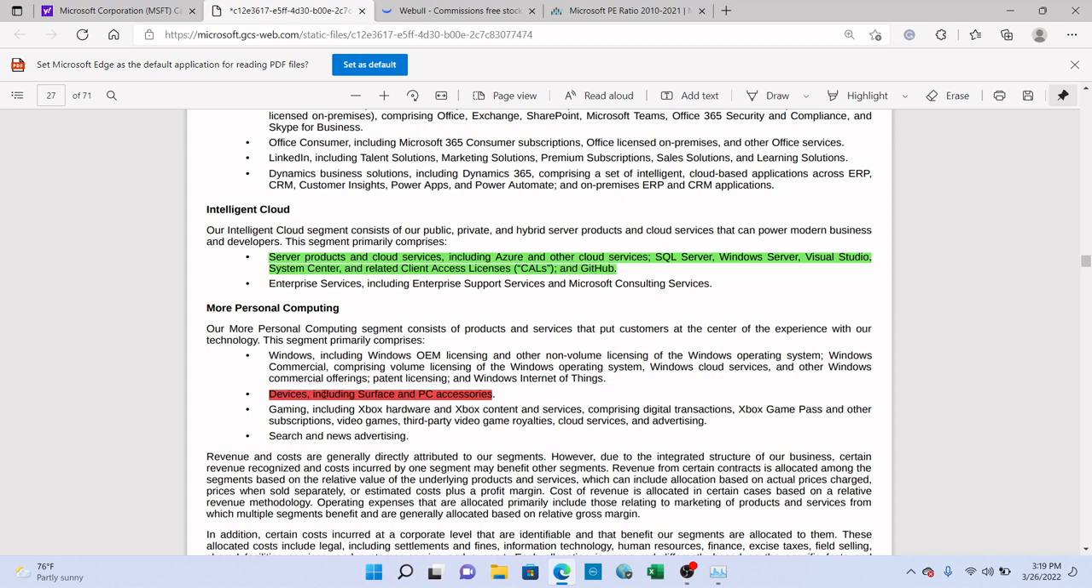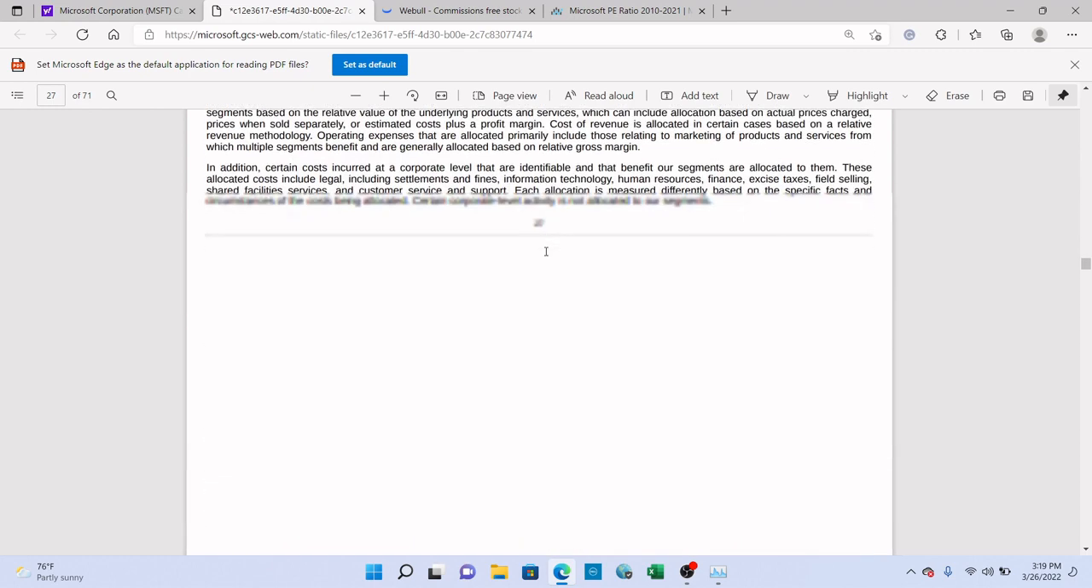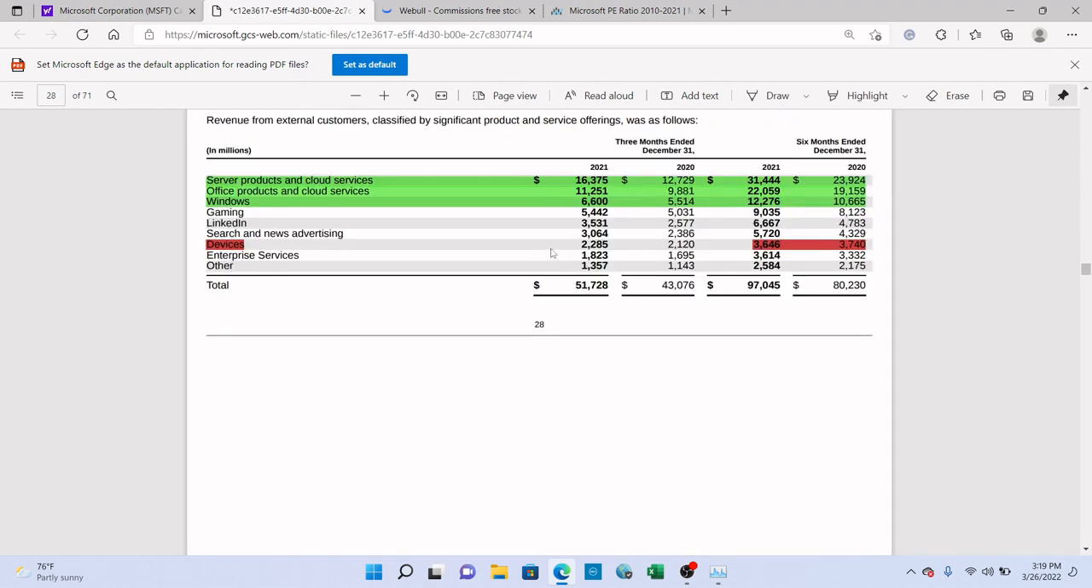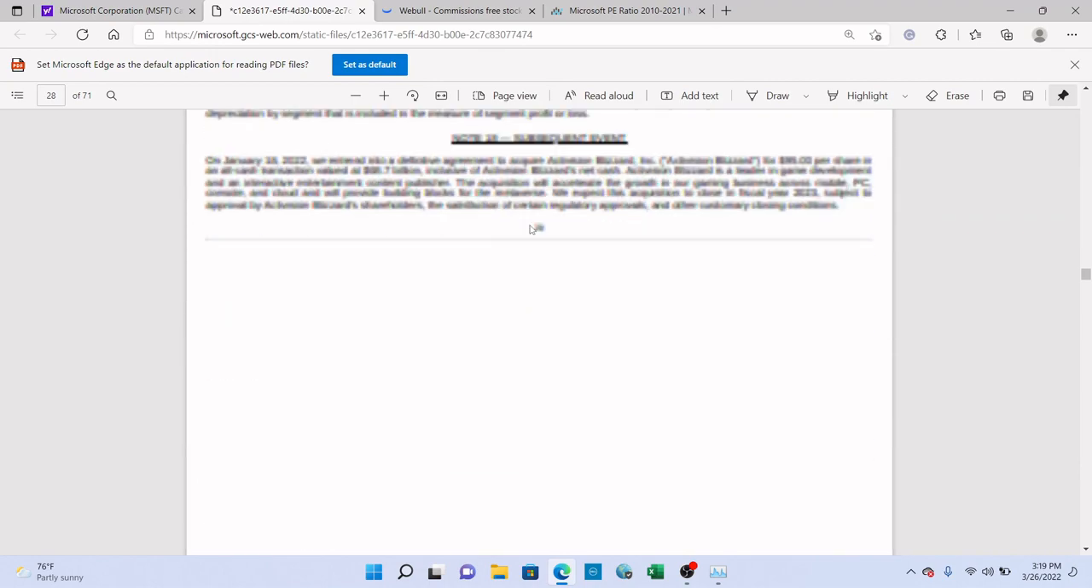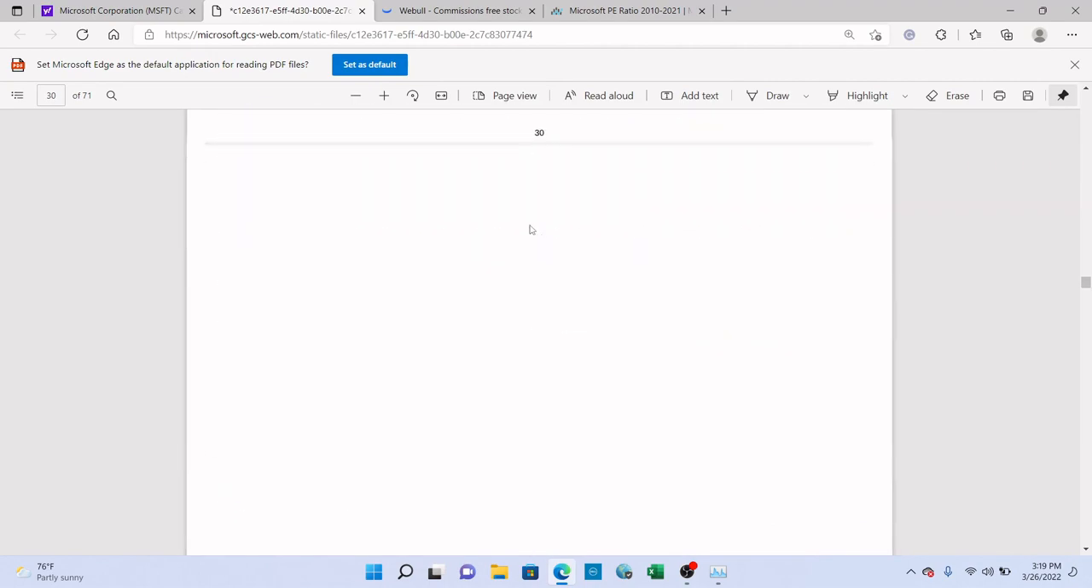Here we can see devices include Surface and PC accessories. When they're talking about gaming, they're talking about their Xbox hardware and Xbox content and services. And over here, server products and cloud services include Azure and other cloud services, SQL servers, Windows servers, Visual Studio, system centers, and related client access licenses, and GitHub. So, good information right there. Now, if we go down to page 31,